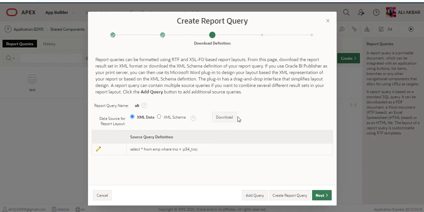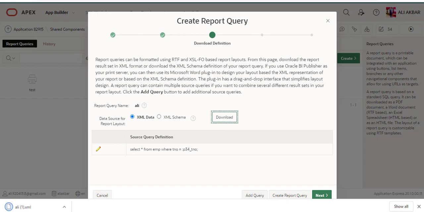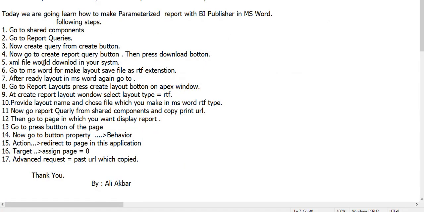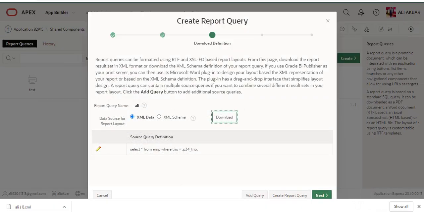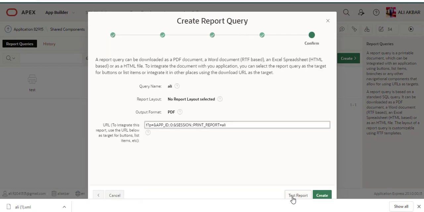Now I'm creating a download button to download the XML file. You can see now in this step the XML file will be downloaded to your system. After download, click the create report query button. Now create.